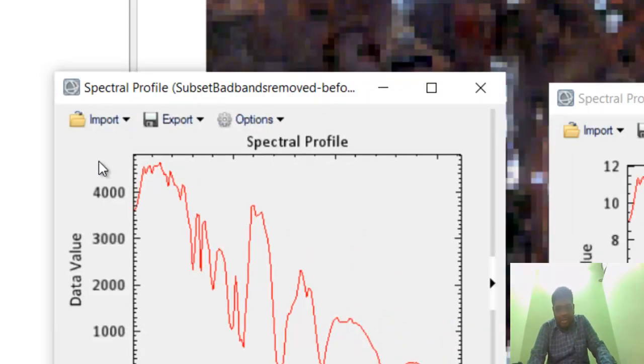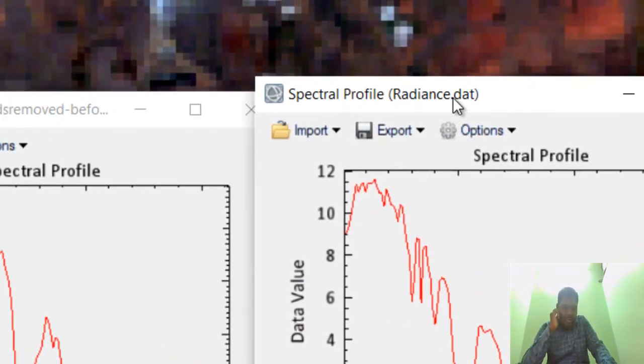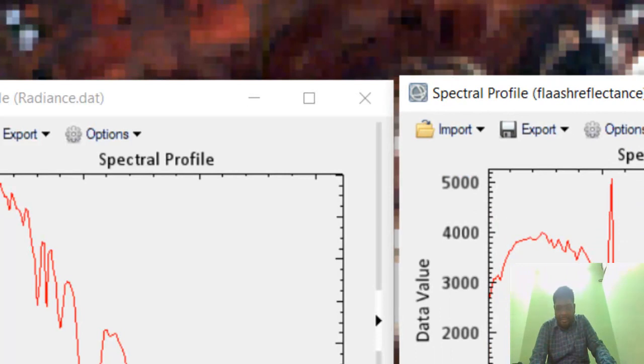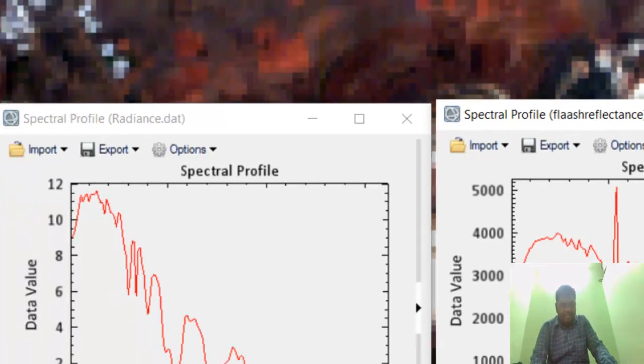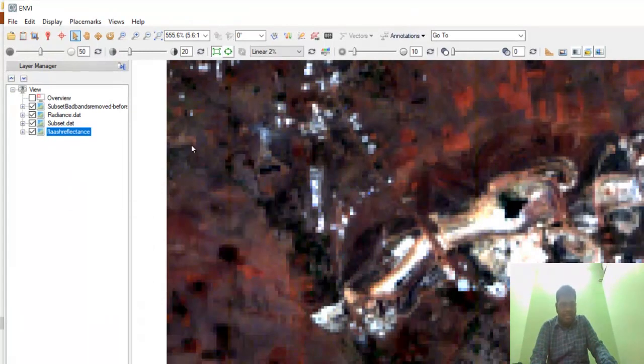After that, the value is coming from 0 to 4,000 around. But when we do the radiance conversion, the value will come from 0 to 12. After that, when we give the reflectance FLAASH atmosphere correction model, the value is coming from 0 to 10,000.